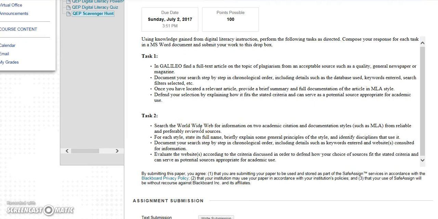Task two asks that you conduct a scavenger hunt outside of Galileo, perhaps in Google. Now you know the difference between Galileo and the rest of the World Wide Web, right? So you can certainly research in Galileo for this second task. I want you to research two academic citation and documentation styles such as MLA, APA, Chicago/Turabian styles, CMS. I think there's a CMS style. But anyway, please note that besides MLA, there are other academic styles that other disciplines use as well to guide their citation and documentation